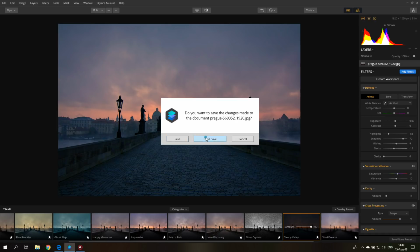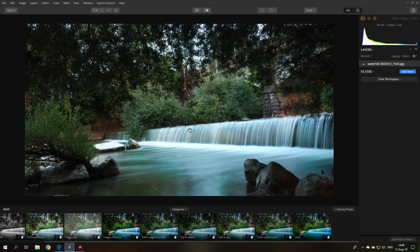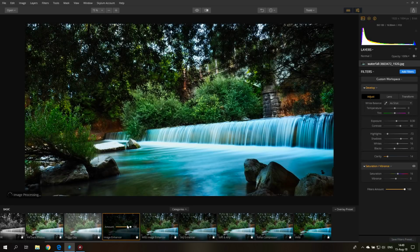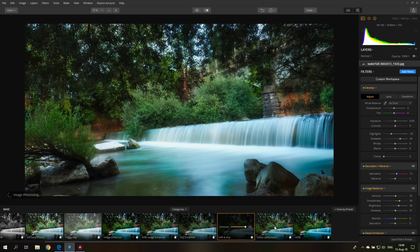So let's open a picture where we have some green colors down here. I especially selected a picture that's not especially well edited, so something like this you would get from your camera. And you can see when I click here, the green colors, they don't really look good, and it's kind of hard to find a preset where they actually look good and the picture looks overall nice. So not good for these kind of pictures,